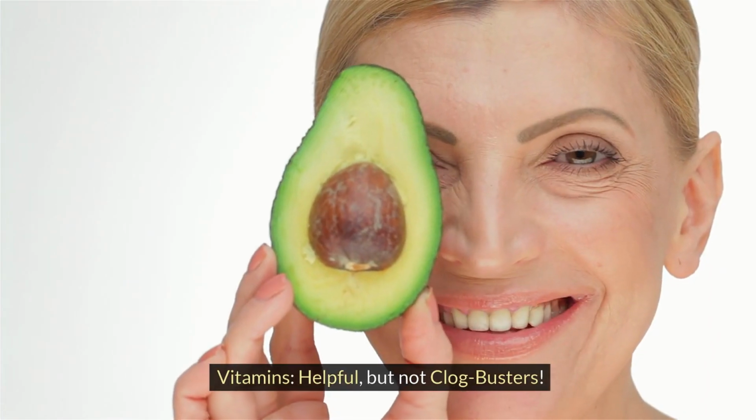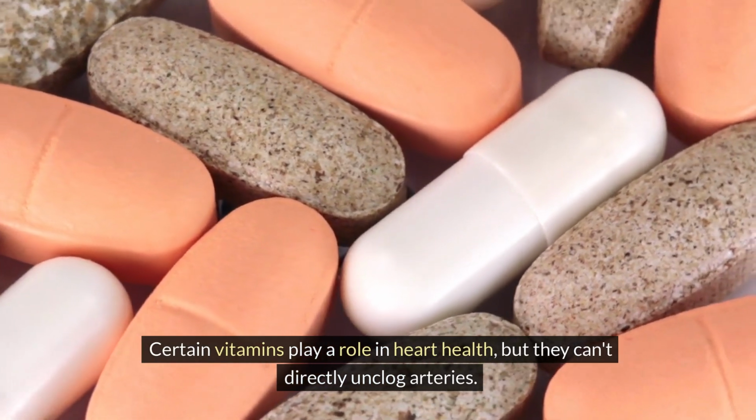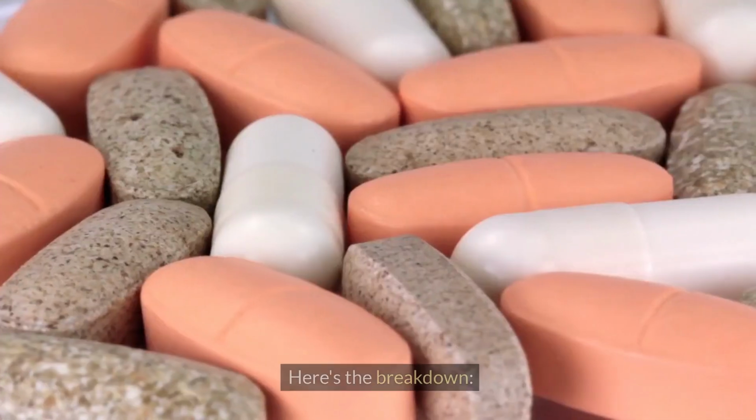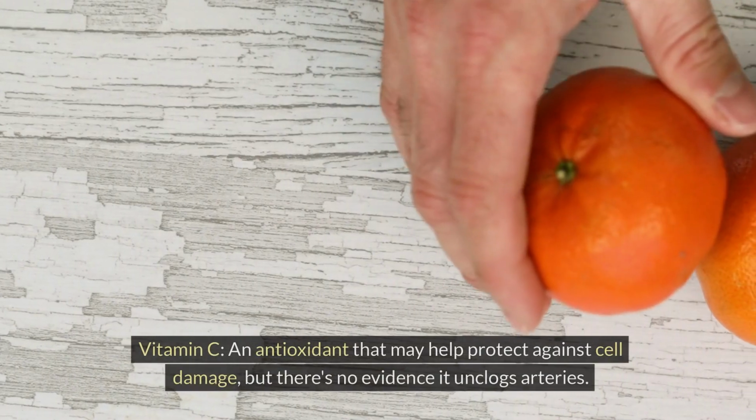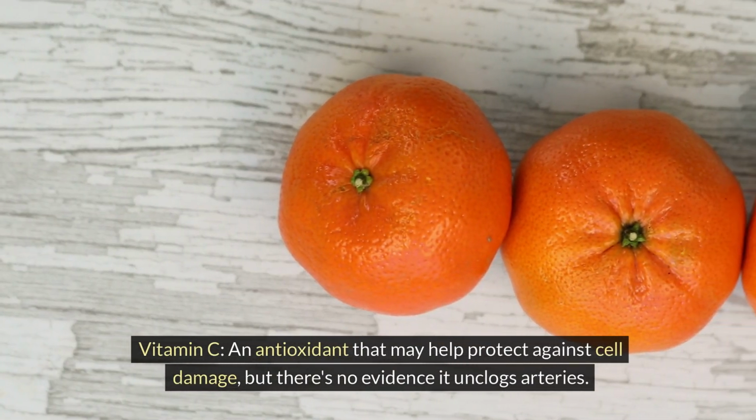Vitamins, helpful but not clog busters. Certain vitamins play a role in heart health, but they can't directly unclog arteries. Here's the breakdown. Vitamin C, an antioxidant that may help protect against cell damage, but there's no evidence it unclogs